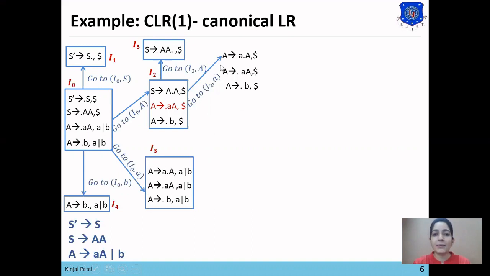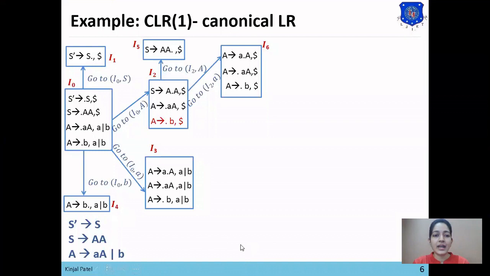So part 1 is the same but part 2 is different. If part 1 and part 2 differ, we can't say this is a repeated state. So this is our new state, and we'll represent this set as the I6 set, not I3, because the lookahead symbols are different. If part 1 and part 2, meaning the production rule and the lookahead symbol, are both the same, only then will we represent the set as a repeated set.